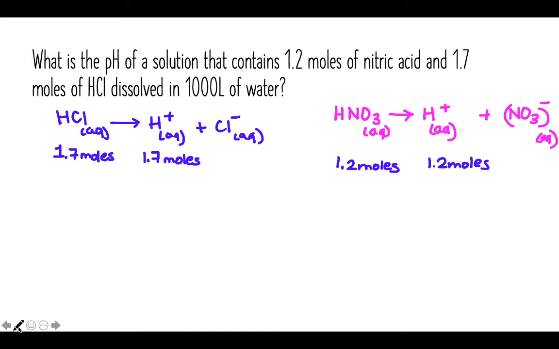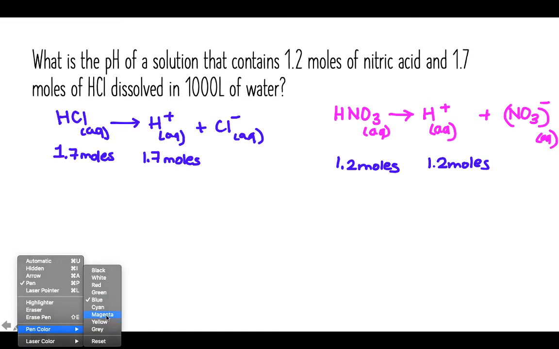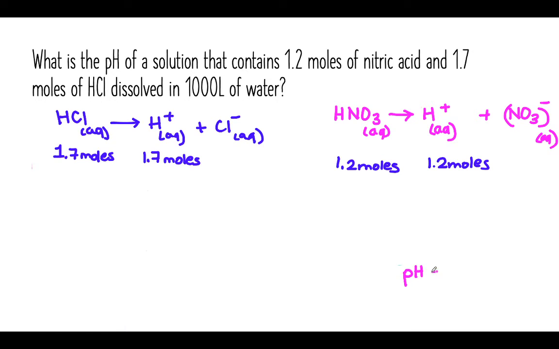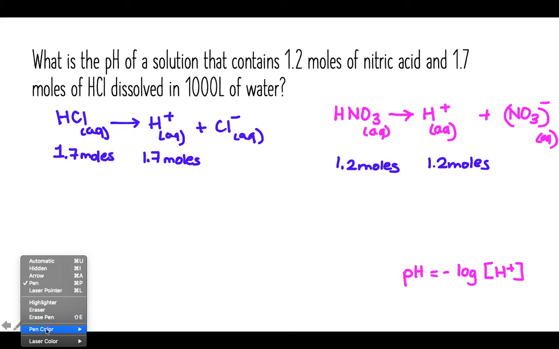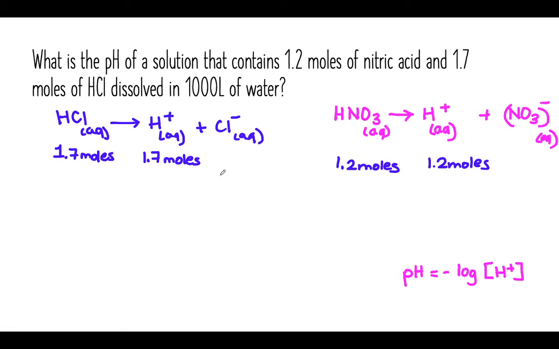But remember that when I'm solving for pH, I will have to solve for the concentration of H plus. So just knowing the moles of H plus doesn't quite get me to the answer yet. What I would then have to do is find the concentration, or the moles per liter, of H plus. In order to do that, all I would need to do is add up the moles of H plus from each acid. So 1.7 moles plus 1.2 moles,